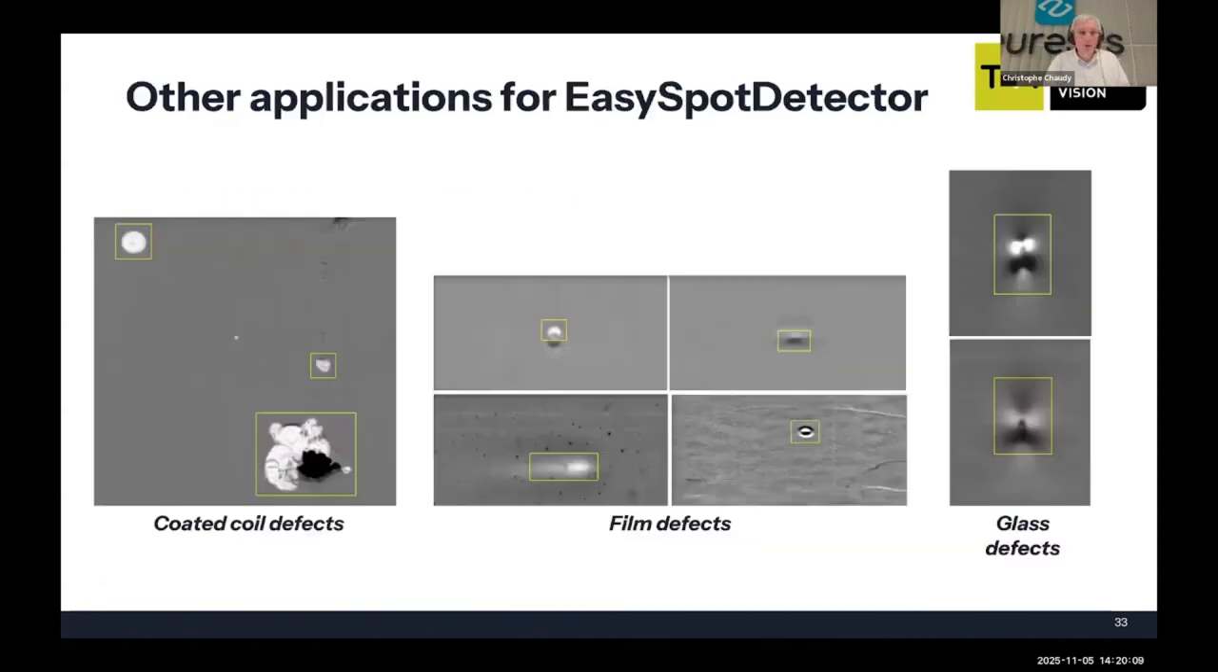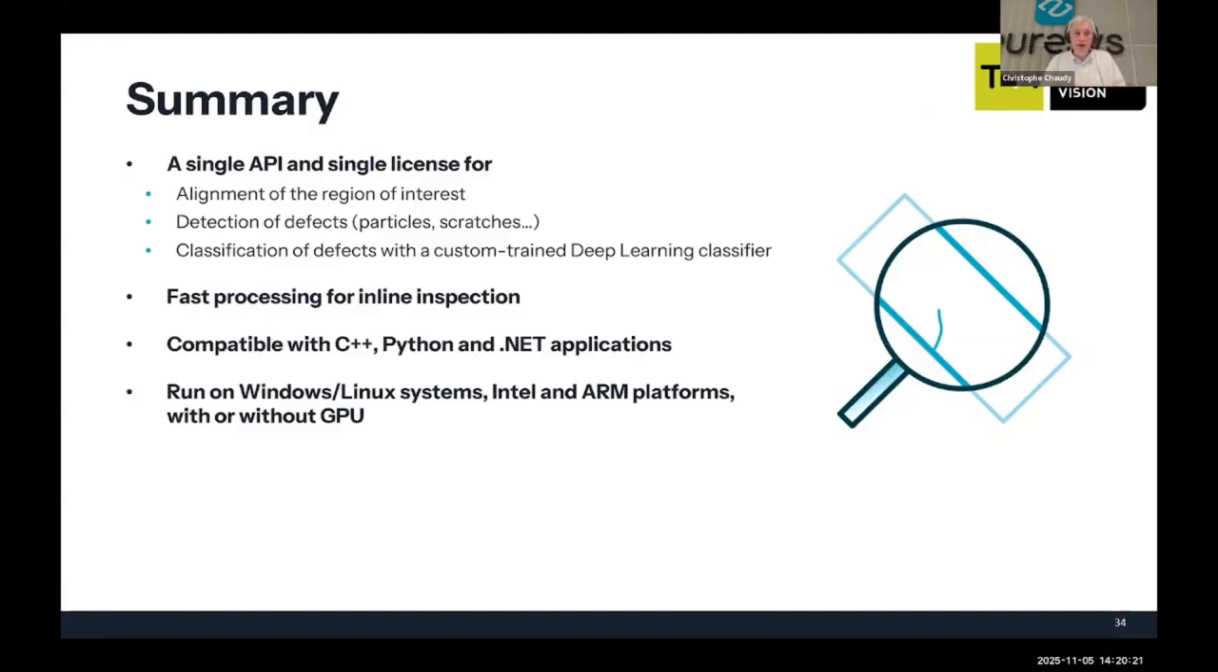There are 3 other examples in different industries: the coated coil defect, film inspection, and glass inspection. To summarize the presentation a little bit, EasySpotDetector is a single API and single license for 3 different functions: